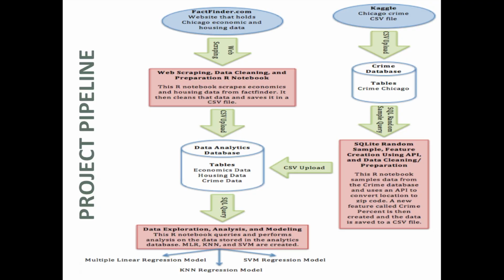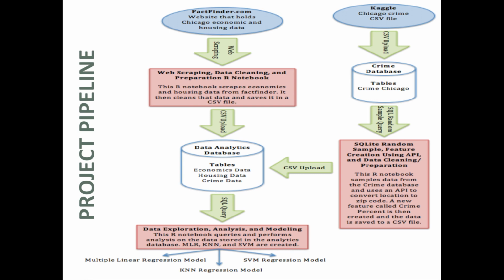So this screen here is the project pipeline, and as you can see from top to bottom, it shows the data collection represented by the blue ovals, and down to the model building represented by the final red rectangle. And so to start, data was collected from two different sources, and let's start on the right-hand side with the Kaggle oval. At the top there, data was collected from Kaggle in a CSV file, and it represented crime data in Chicago. Now, that CSV file had approximately 10 million records, which is way too many records for what I actually needed